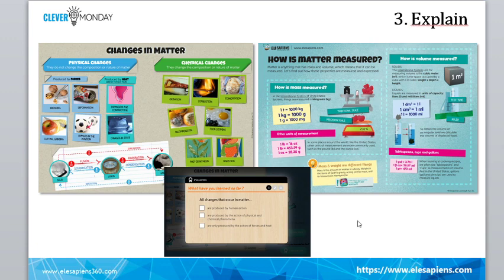Look at, for example, the changes in matter, in which you got physical changes and the chemical changes. Every single image can give me a very good idea of what I'm talking about, to classify them. This is the type of thing that is very important for me. Summarizing is very important. So my idea is that we have to give them as many examples as possible, right? So doing visual summaries is very important, and we are very used to giving them